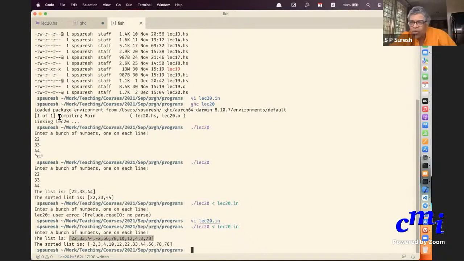This is how you do it when you do it from the terminal, not from inside GHCI. You do Control D and that will signify that input has ended. Yeah, when you do it this way. Or if you are reading inputs from a file, a blank line, remember that there is a difference between,